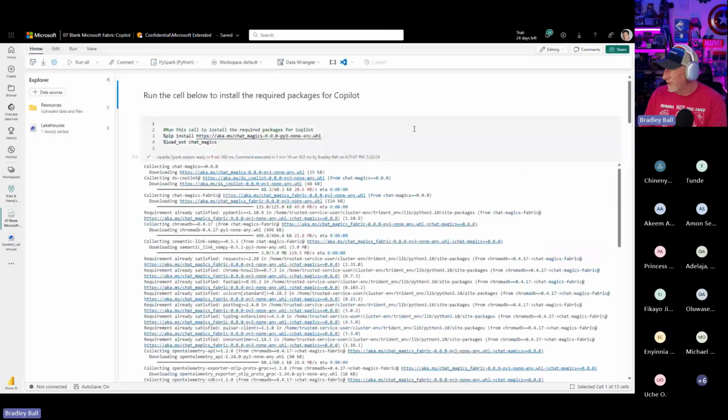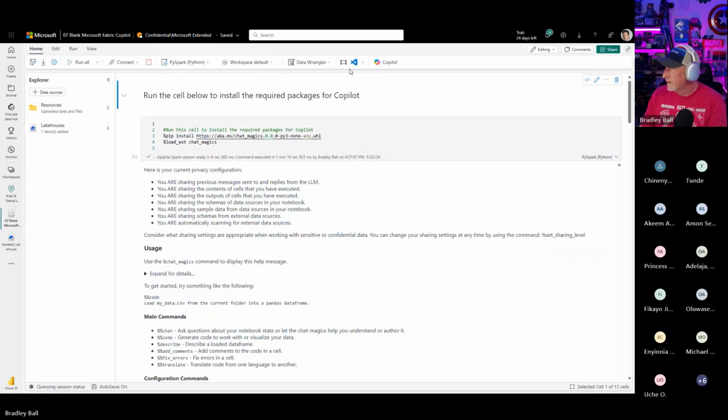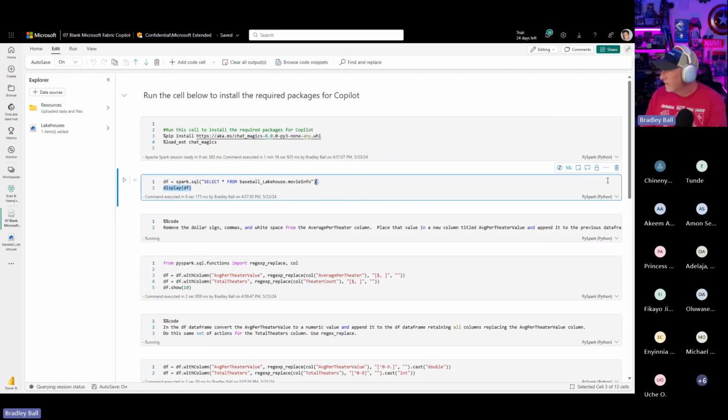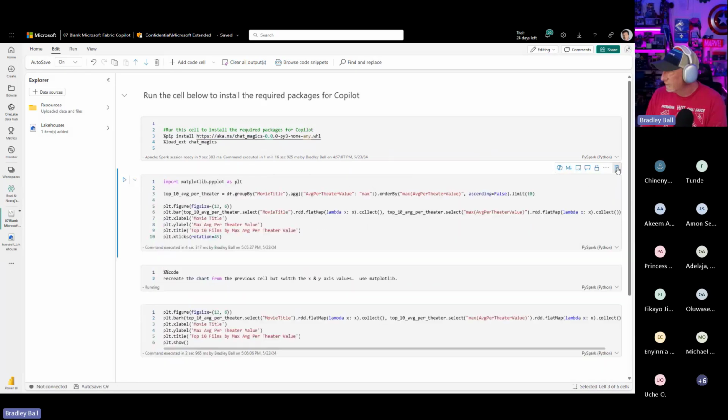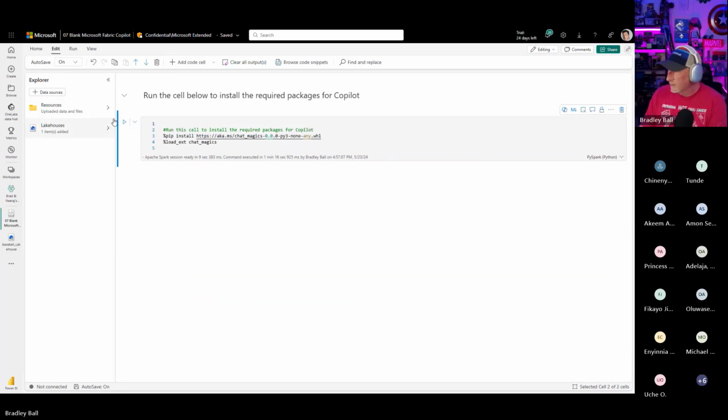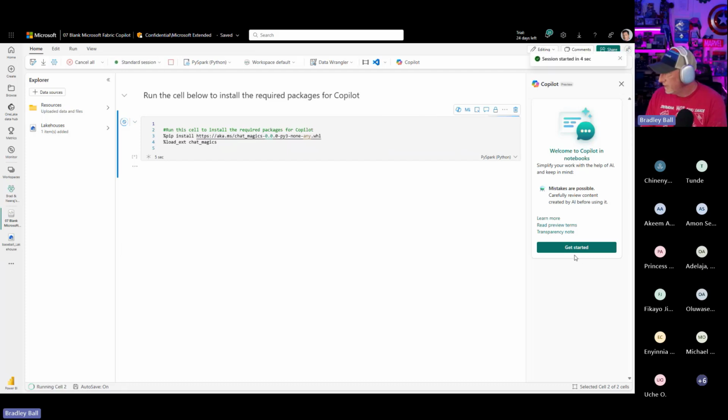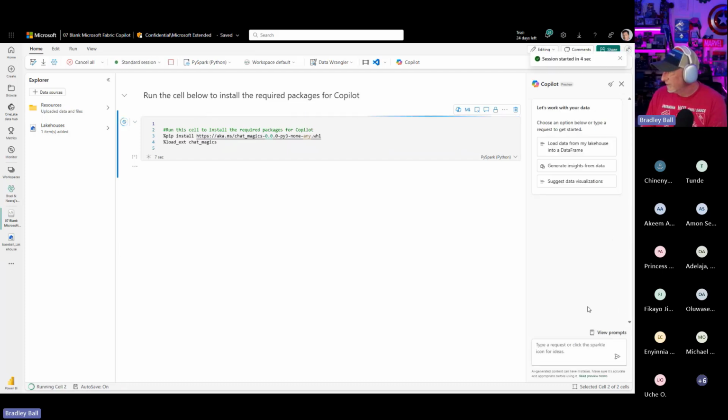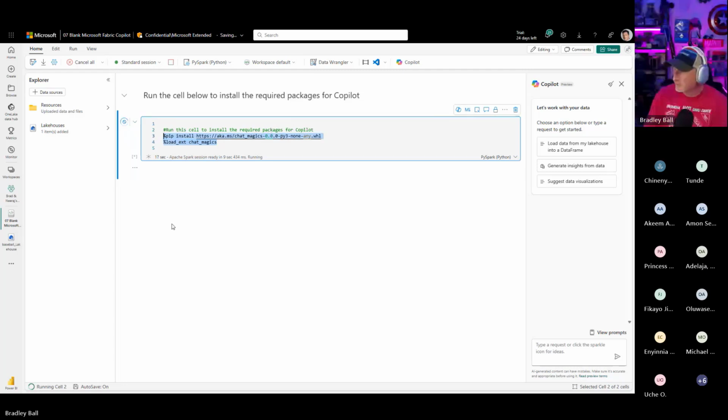I'm going to have to figure out where my button went, but I'm going to clear all the cells, and then delete all this stuff. On Copilot, there should be a button when we get started to be able to load this directly into our chats using this pip install chat magics.